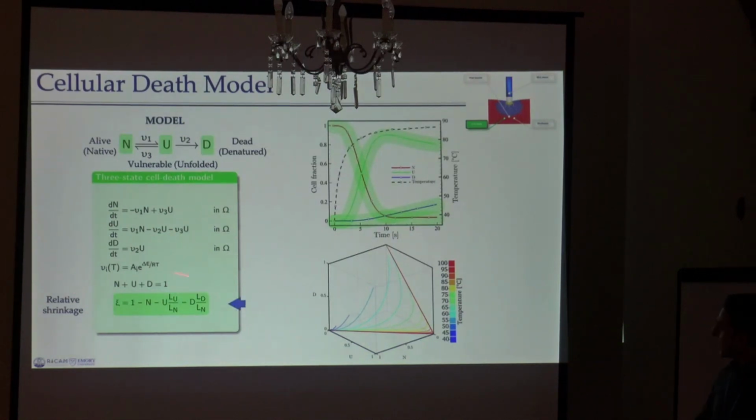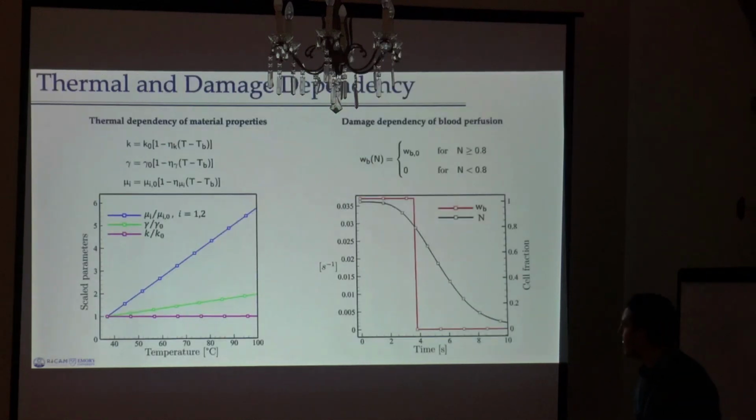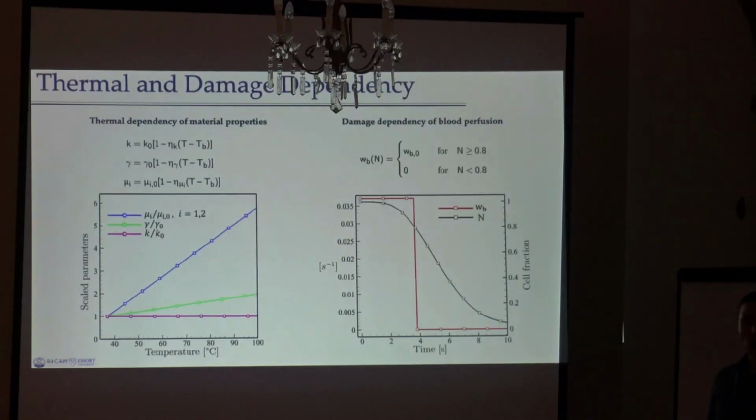And what's entering into the strain energy function is the relative shrinkage of the protein, which comes as a parameter from the different concentrations of the three states. Okay? Of course, this is one of the possibilities. We can go with higher order multi-scale models. Okay. Then, as I was mentioning, in the strain energy density, we also have the stiffness-like parameters that